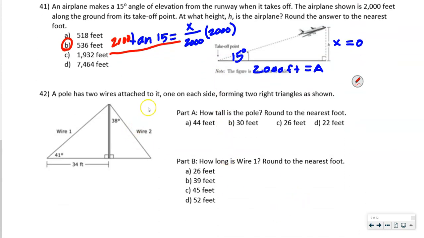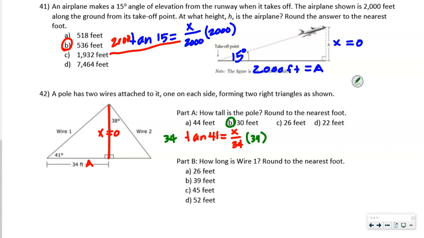A pole has two wires attached to it, one on each side, forming two right triangles as shown. How tall is the pole rounded to the nearest foot? So it's actually asking us for this right here, right? So I'm going to put our x right there. Okay, so we're going to say, again, this is going to be opposite, right? And this is adjacent. So that's the tangent ratio. So we're just going to say the tan of 41 is equal to x over 34. And again, how do we get rid of that 34? We multiply both sides by 34, right? So you're going to put that 34 tan 41 directly in your calculator, and that's going to give you 30